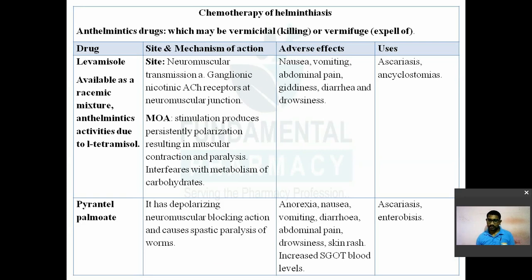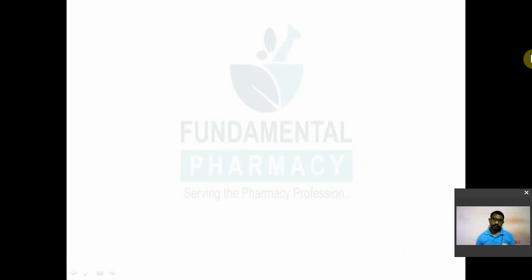Okay. So anorexia, nausea, vomiting, diarrhea, abdominal pain, then skin rash. These are the common adverse effects, along with increased SGOT, serum glutamate oxaloacetate transaminase enzyme level, meaning it may cause some hepatitis. Then it is also used in ascariasis and enterobiasis. Then the next drug is